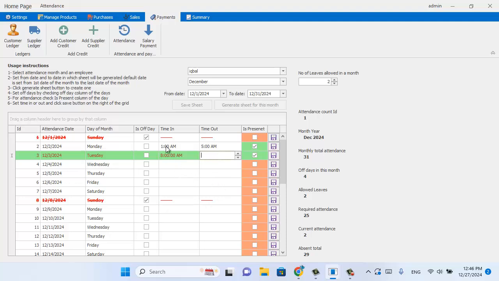And this is the time in, and you can also set the time out here, and the software will calculate all of the attendance. When you do this, you click on this save button to save the attendance. You can see the month and year, this is December 2024, and the monthly total attendance is 31, and off days in this month is 4. We have checked all these as off days, so Sunday is the off day, so these are all the Sundays in this month. And we have also allowed 2 leaves to this